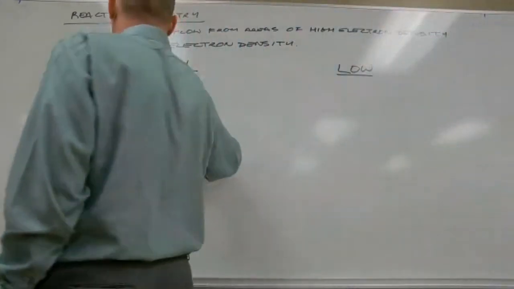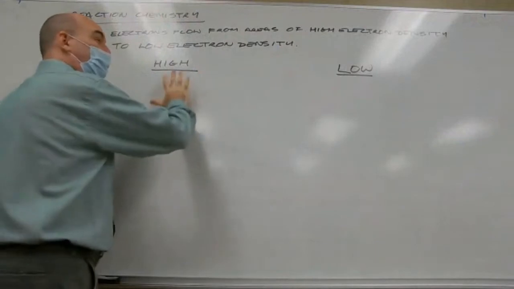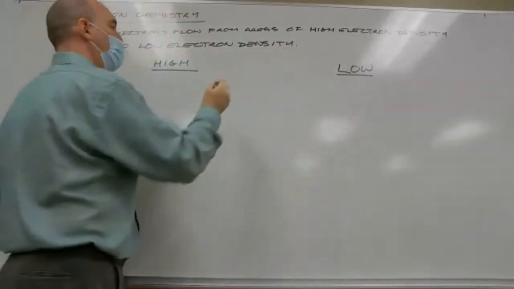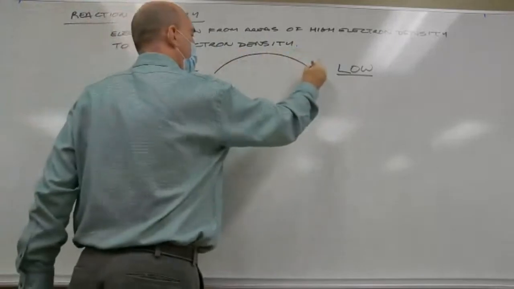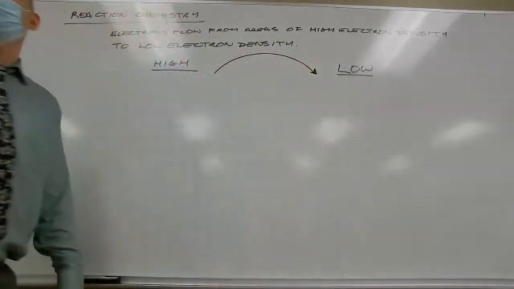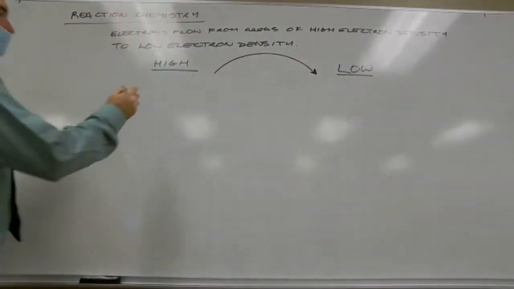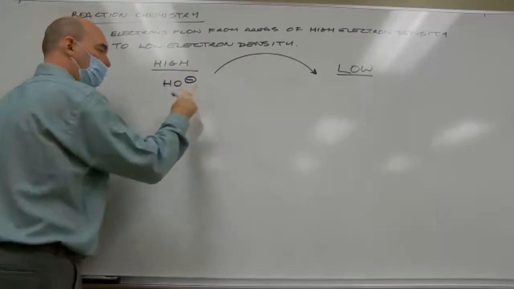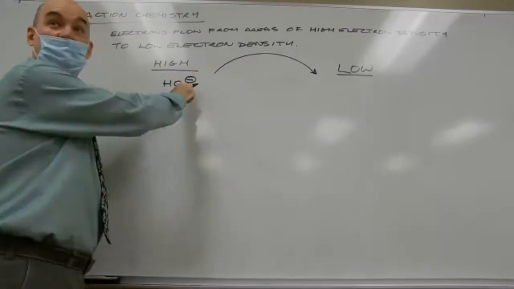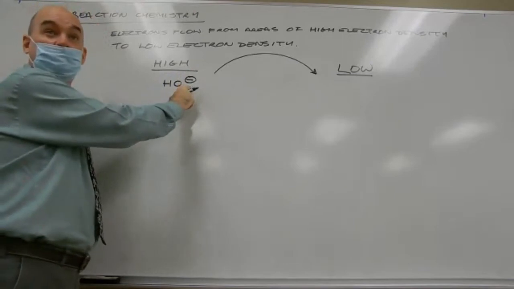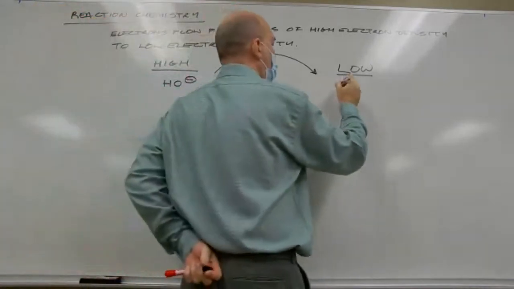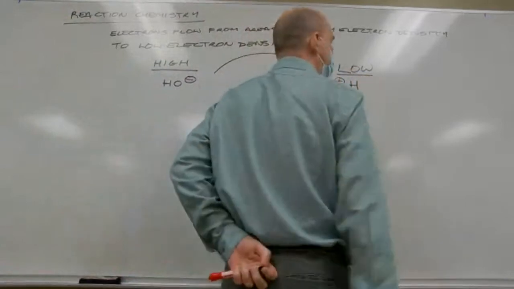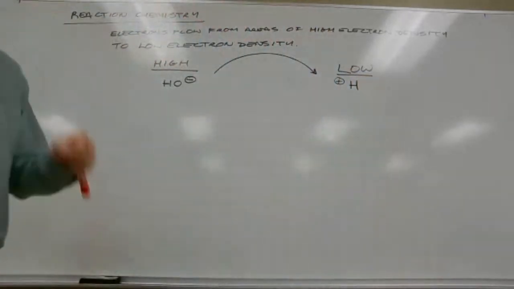And the arrow always flows in this direction, from the area of high electron density to the area of low electron density. So, if there is a negative charge, if there's a positive charge,